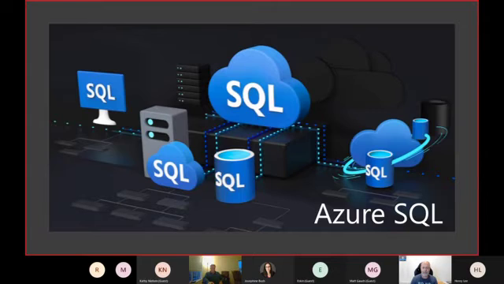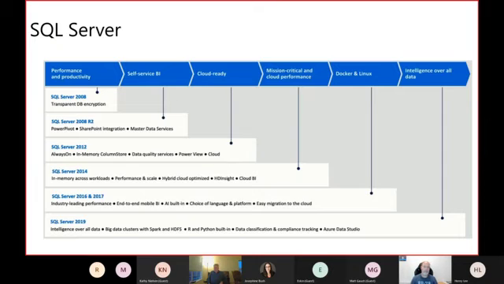But now, since several years ago, we have this new umbrella called Azure SQL. So let's see what it is, what it has to do with SQL Server, what the relationship is, and then we're going to dive deeper into the performance features, which, by the way, work in every single version of SQL Server and Azure SQL that we will be presenting today.